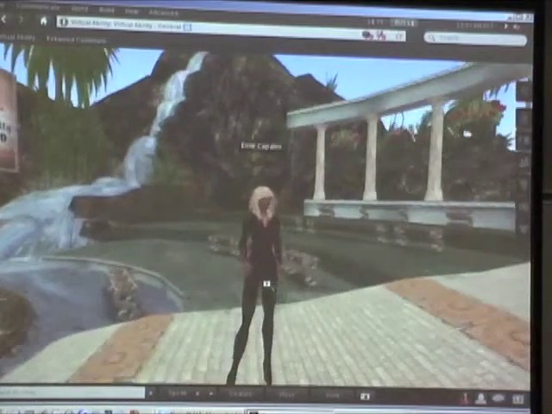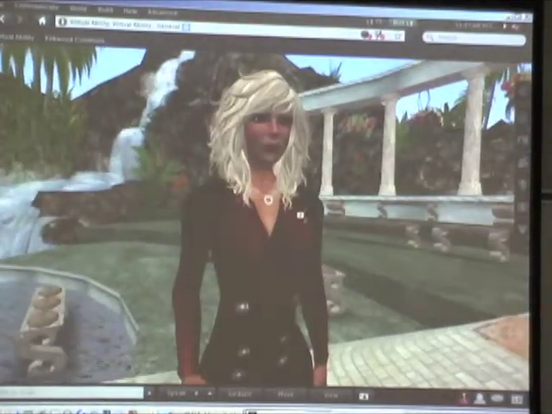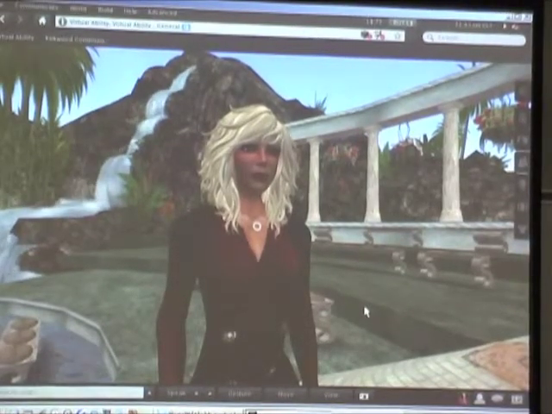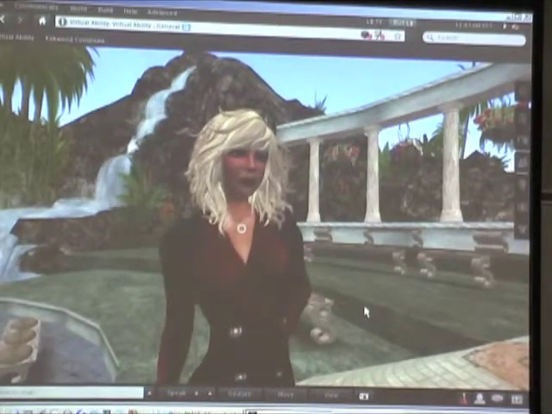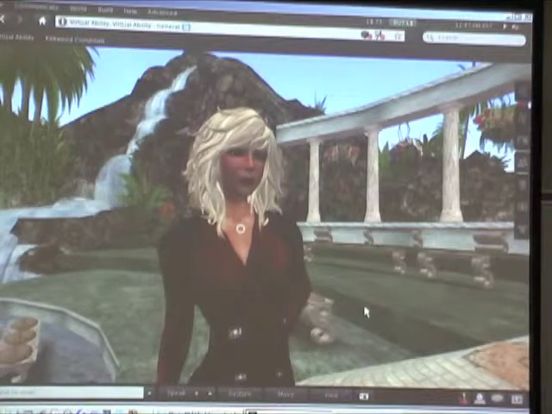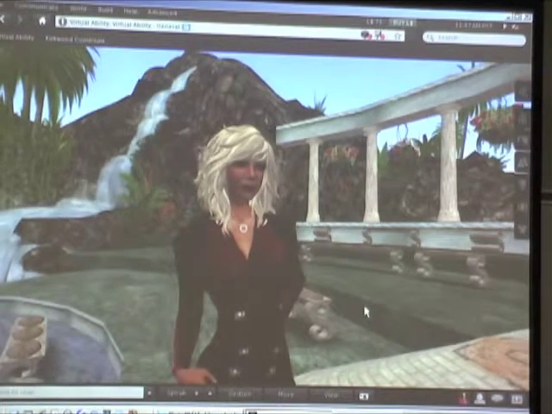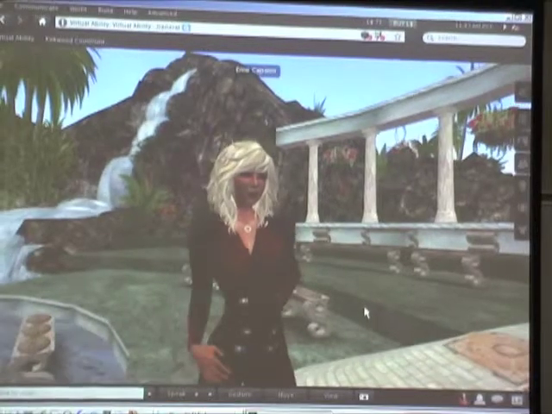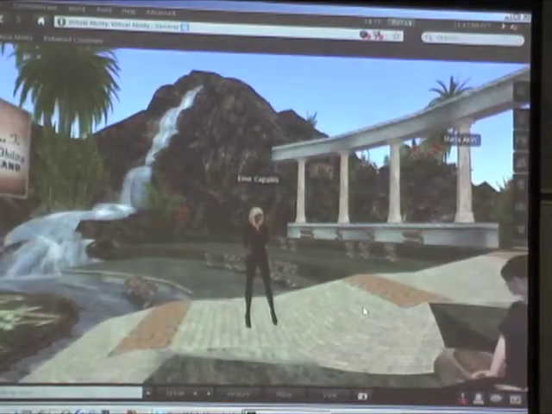And even though Alice says it does make things easier in Second Life, one of the things that we do stress is that coming into a virtual world does not level the playing field for everyone. It also creates issues for some people.